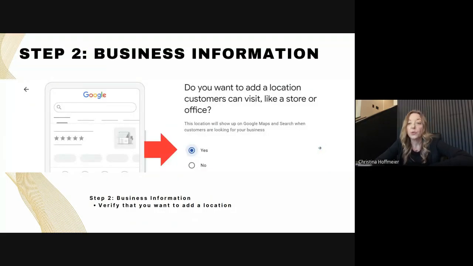Step 2 is to include your business information. So you're going to have a couple of pop-up screens. Do you want to add a location where customers can visit? The answer is going to be yes. You can go ahead and click yes so that it's getting your geographical location pinned into Google Maps, which will be searchable not only when somebody does internet queries, but also if somebody wants to type in the address on Google Maps. So if somebody puts real estate agent near me into their maps, you will come up with